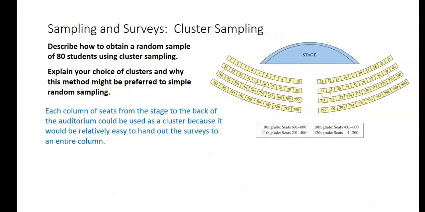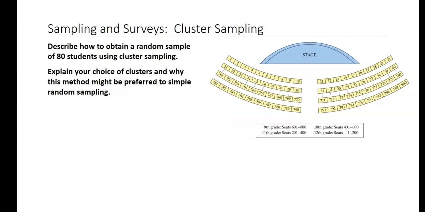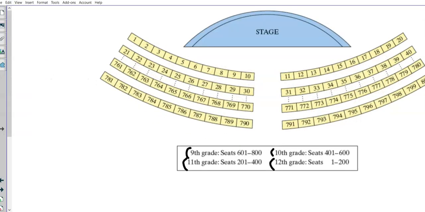Each column of seats. Okay, wait. Oh, so this one's going to be cluster. So let's do cluster. Same situation. But we want to do a cluster. So cluster is kind of a pre-existing group. You could do, I was mentioning this,